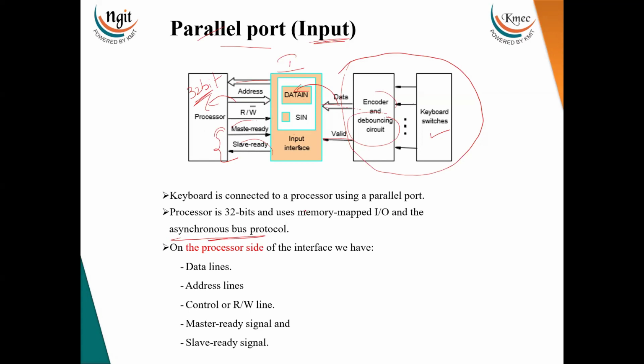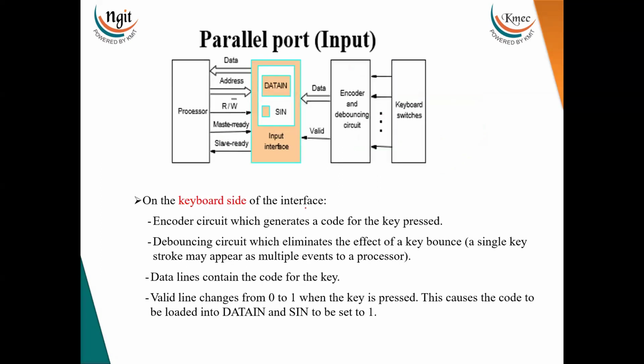So please check the timing diagram once again, and you will understand it. Now we will analyze what happens if the processor wants to read data from the keyboard. I have already said that when a key is pressed, the corresponding code is generated by the encoder,